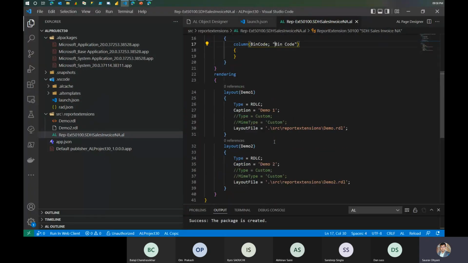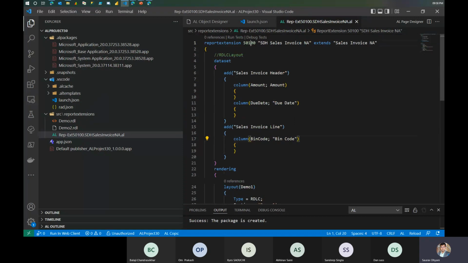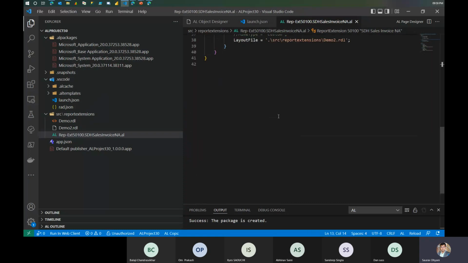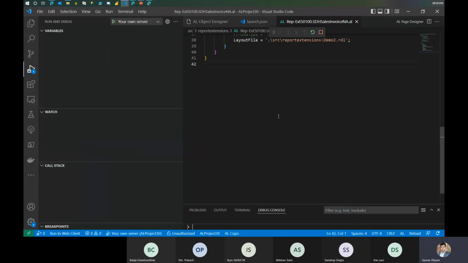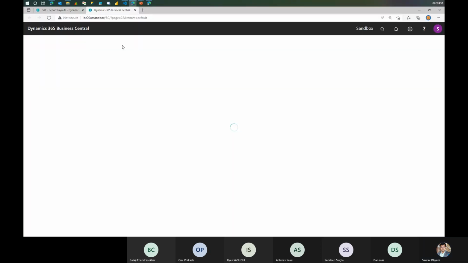So when I publish this, I'm hoping this report layout that I've added for sales invoice NA will show me more layout options in that report. So let's do a publish. Once this gets published, okay, and